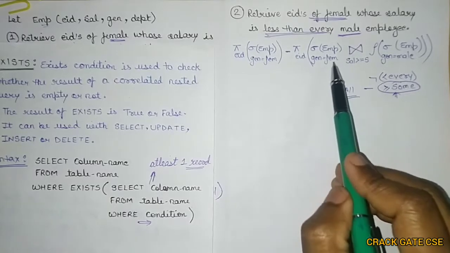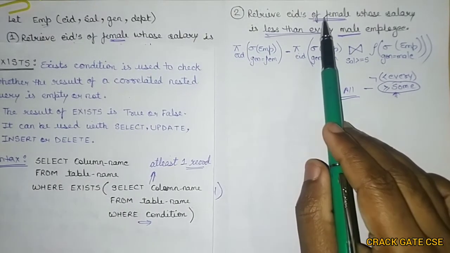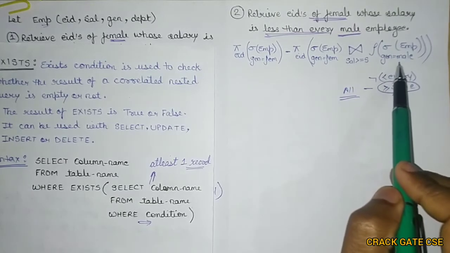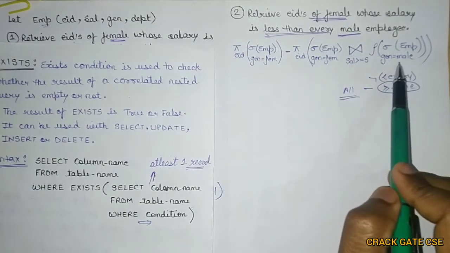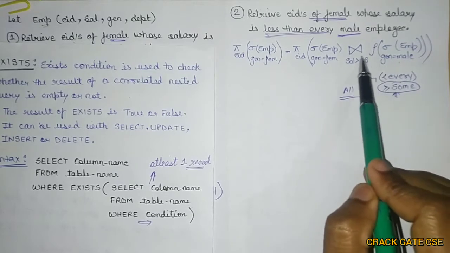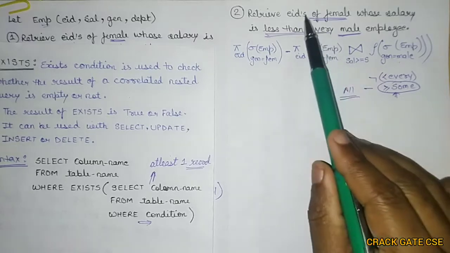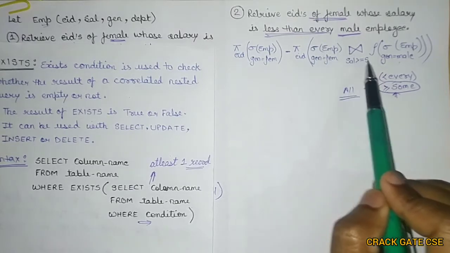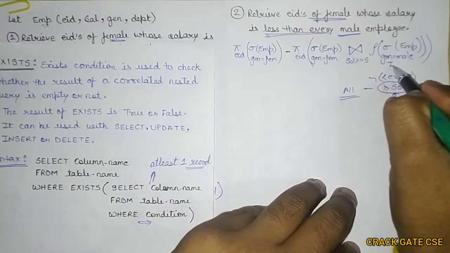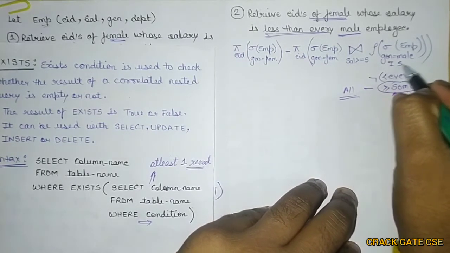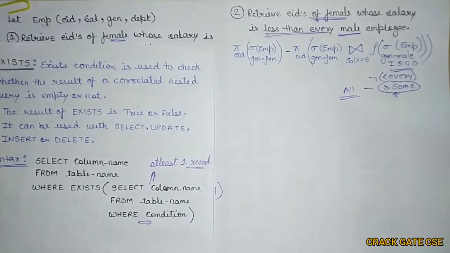See, check here. First of all, we will deal with the sum. For the left hand side, gender is female. For the right hand side, gender is male. But here we have complemented the condition, that is less than equal to sum. So salary of the left hand side is less than equal to the right hand side. So here also it will be renamed, right? So we have renamed the attribute.